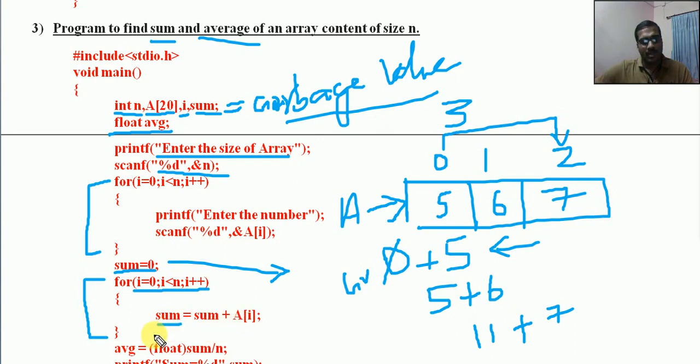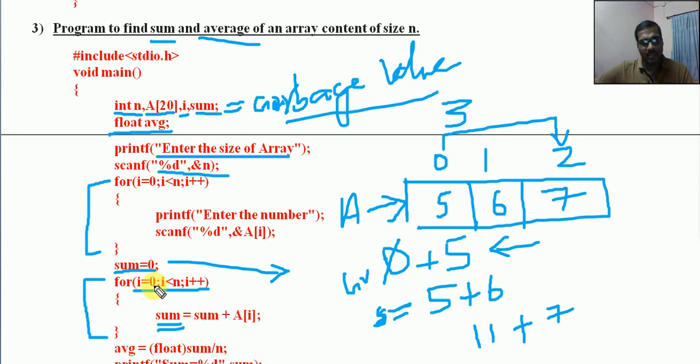Now i will be incremented by 1, i equal to 1, then sum is equal to sum, that is 5, we have already got 5, plus a of 1, that is 6, that will be added and accumulated into the variable sum. Now the value of sum is 11.